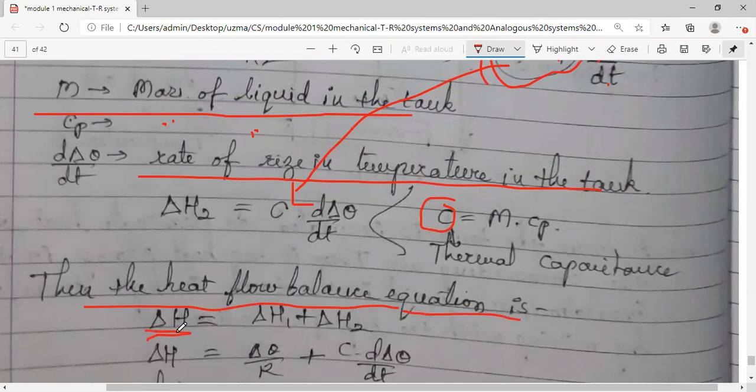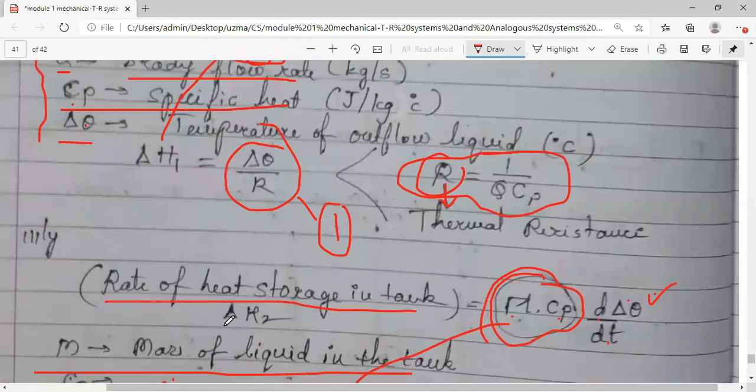What is the change in the heating process? H is changed to delta H. It is the sum of delta H1 plus delta H2. The change, in short,